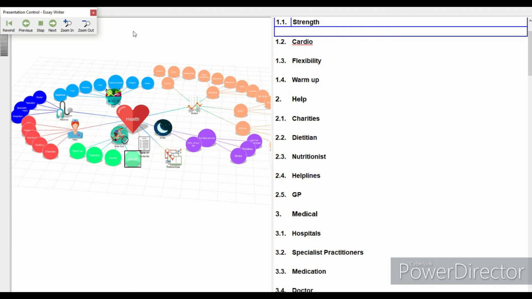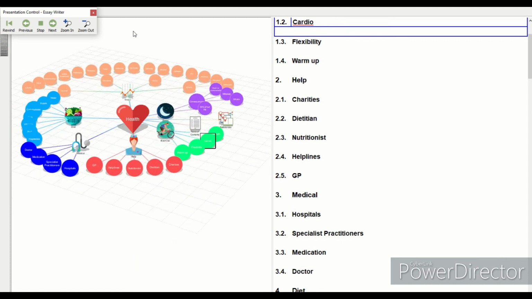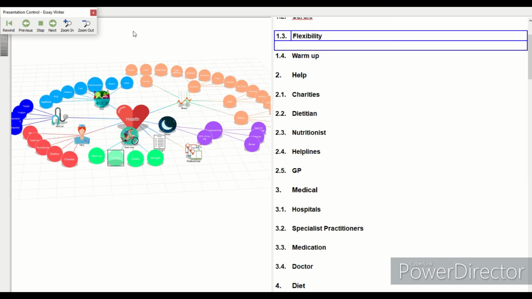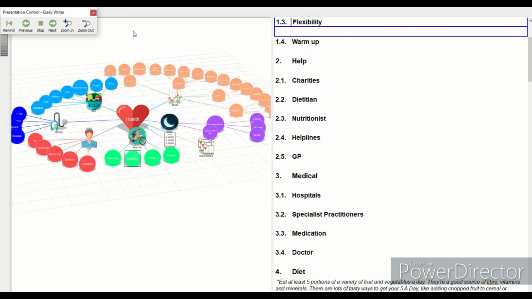However, if you want to focus on specific areas a little bit longer than others, it may be better for you to just manually click next through those options yourself. It can be really good to practice your presentations with. So if, for example, you have a 10-minute presentation and you need to spend a minute per slide, so you have 10 slides, but you're not quite sure exactly how much you can say within a minute,